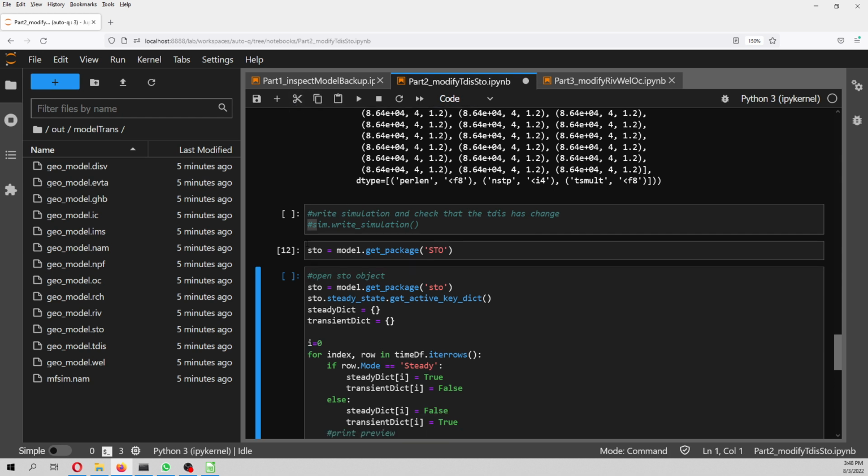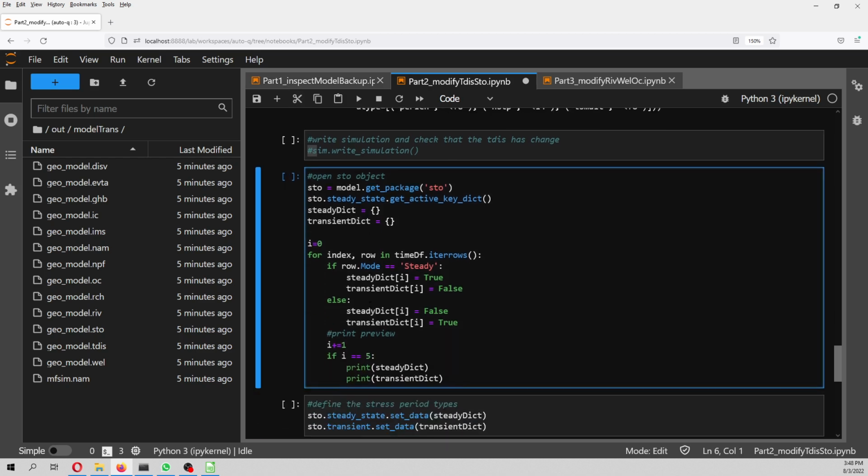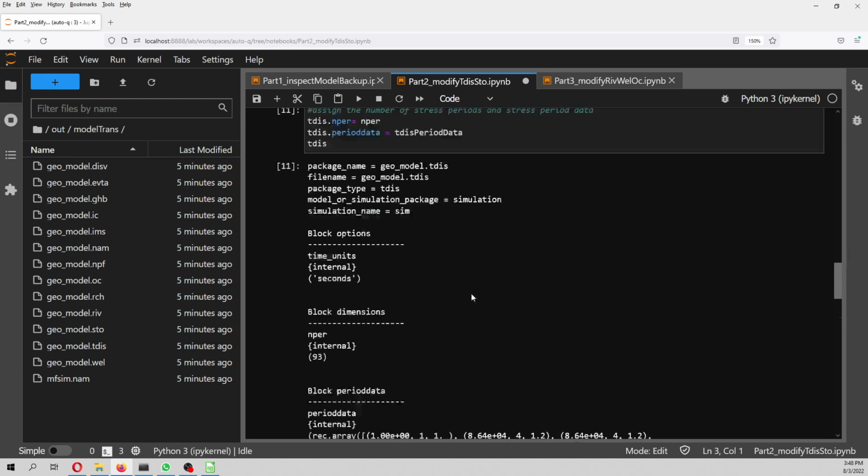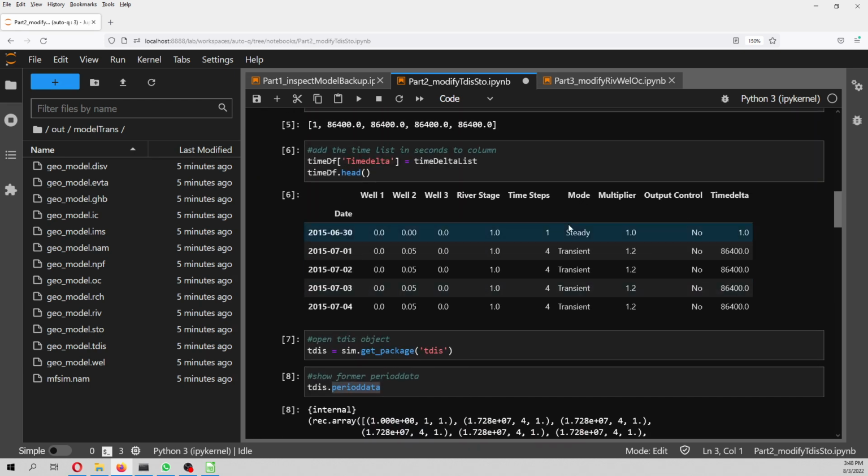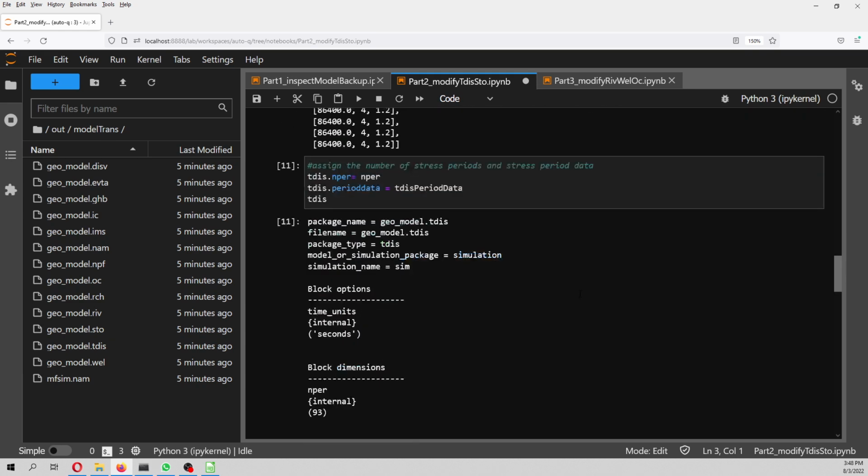So where we open the storage package, we get the active key dict. So we have the steady dict and the transient dict, and then we iterate this. If the mode is steady, so it can be steady or transient,